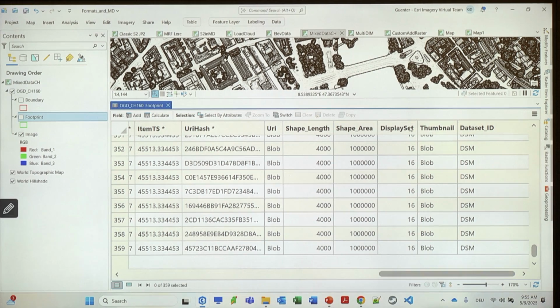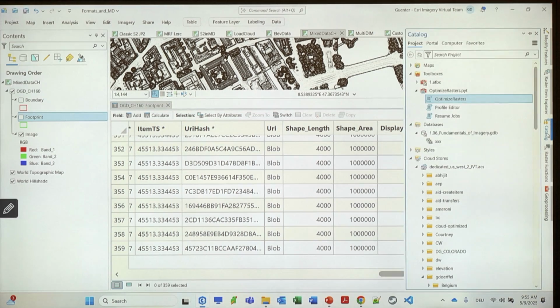Everything that I'm using here to be able to switch and do these things basically uses one more additional field. I've created something like a display set. I've defined different data sets to combine in display sets. And if you look at the functions that I use in this case,